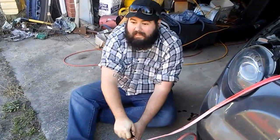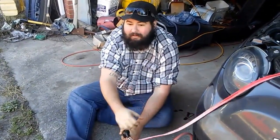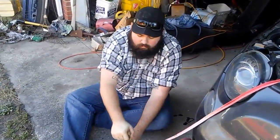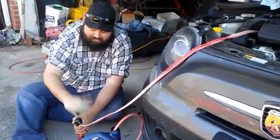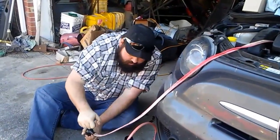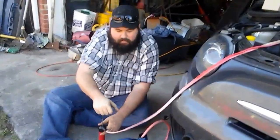And you know, if you're doing this once every 6 months, I don't see the need to spend the $100 for a decent one, because this works just fine. It's just going to take you a little longer. As you can see, there's enough pressure in there to push the plunger back up. But when you build up enough pressure,